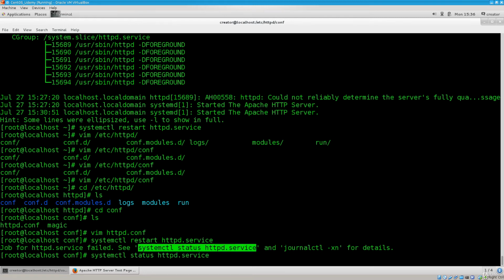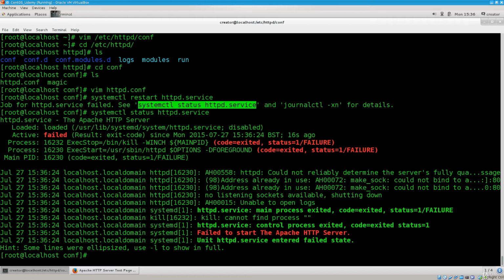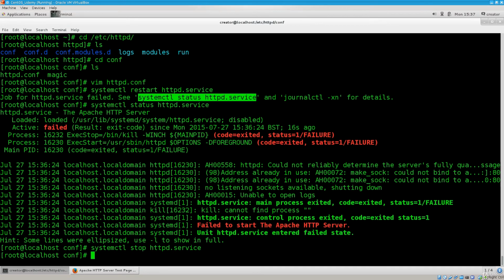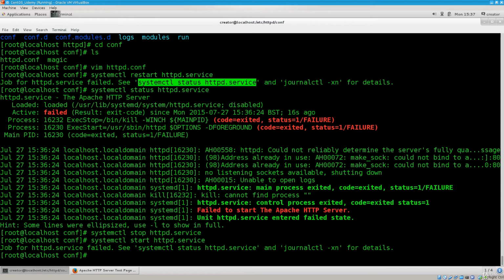Let's go ahead and paste it. Failed to start. Status 1 failure. So I could not bind. Oh, okay. Address already in use. I think I know what the problem is. So let's type in stop, and let's type in start. Okay, so let's go back into the file,